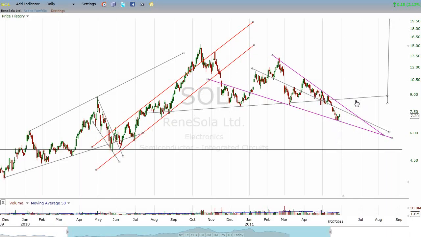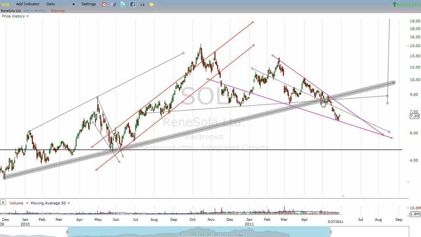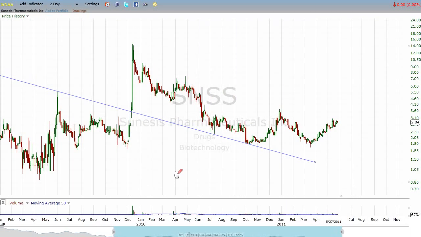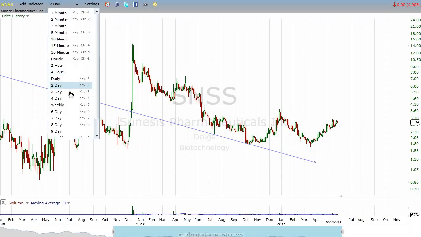Sometimes you get a pattern that kind of defies one line, and Sunesis Pharmaceuticals is one of those. And so I just want to show you what I'm looking at, and I've got a position in this, and I want to tell you why. The first reason is this long-term downtrend was solidly broken, and then back tested again, plus a little bit, came down to this level again,